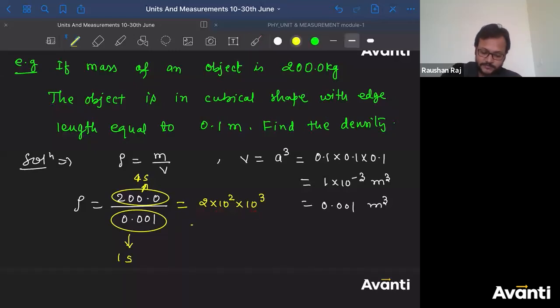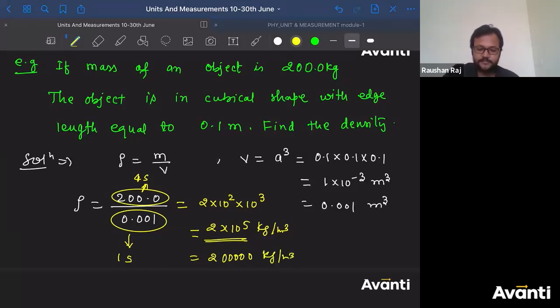So what is the correct answer? Do I have any other option to express it? Yeah, you can express it in one more form. You can directly write like this. How many significant digits in this one? Only 1. So you can express like this or you can express like this in this case. Alright, everyone, did everyone understand?